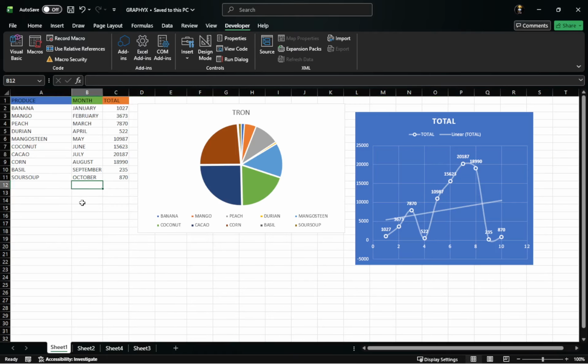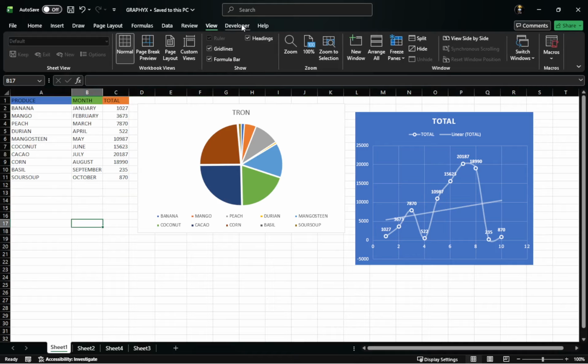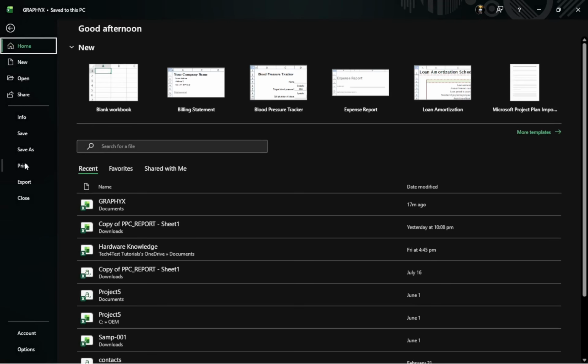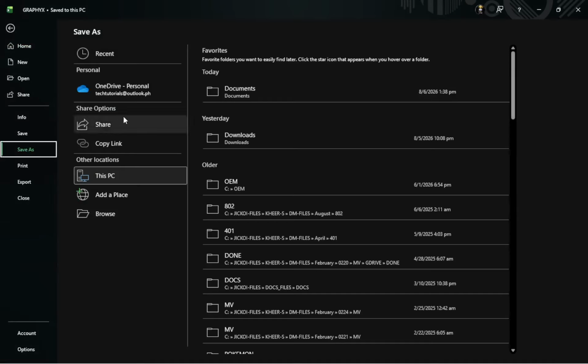To keep your macro, save the workbook as an Excel macro-enabled workbook with the file type shown as star.xlsm. If you instead save it as a standard XLSX file, Excel will remove the macro code from that file. So always double-check the file type before closing, especially the first time you save. You have now enabled the Developer tab, recorded a macro, run it, and saved it so your automation is ready for next time.